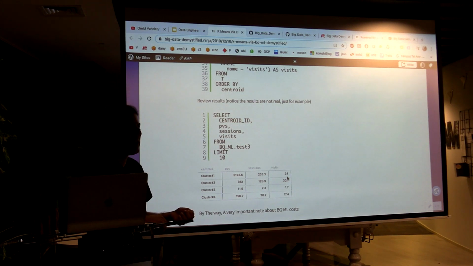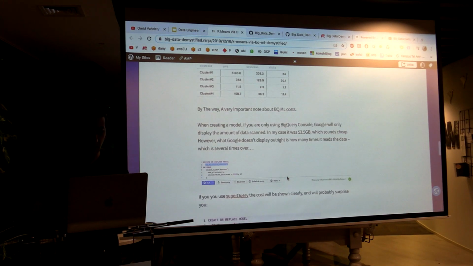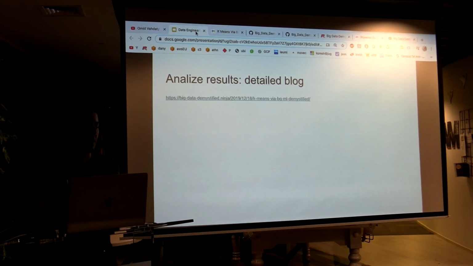Let's put it this way. If they cannot optimize the results of BigQML, you're doing something wrong. They are doing something wrong. So the main use case here is benchmarking. I wanted to share with you because it took me about 3 hours to answer a question without prior knowledge on K-means.